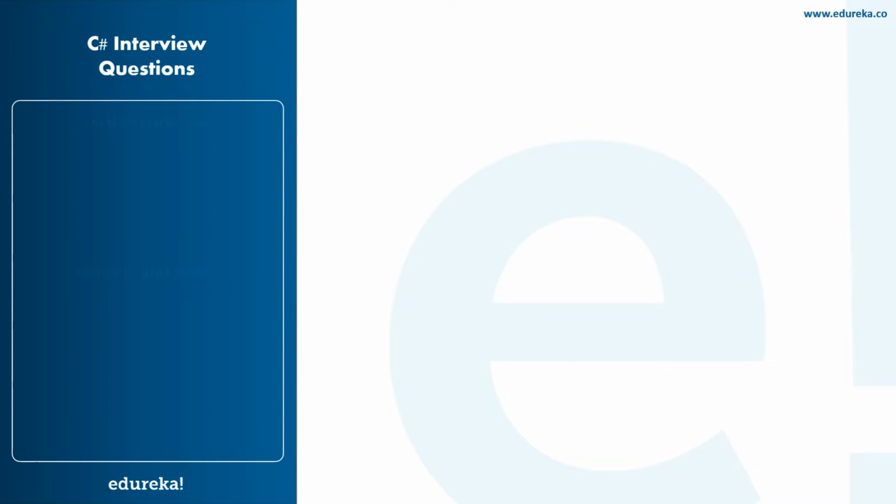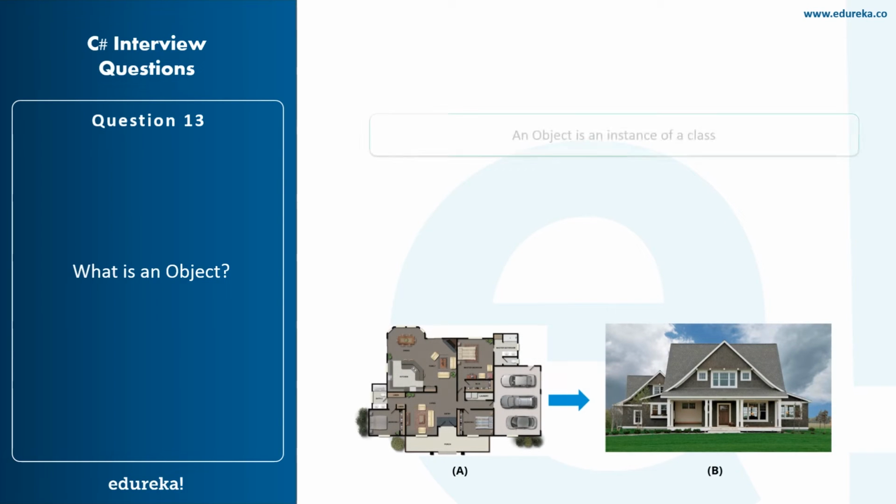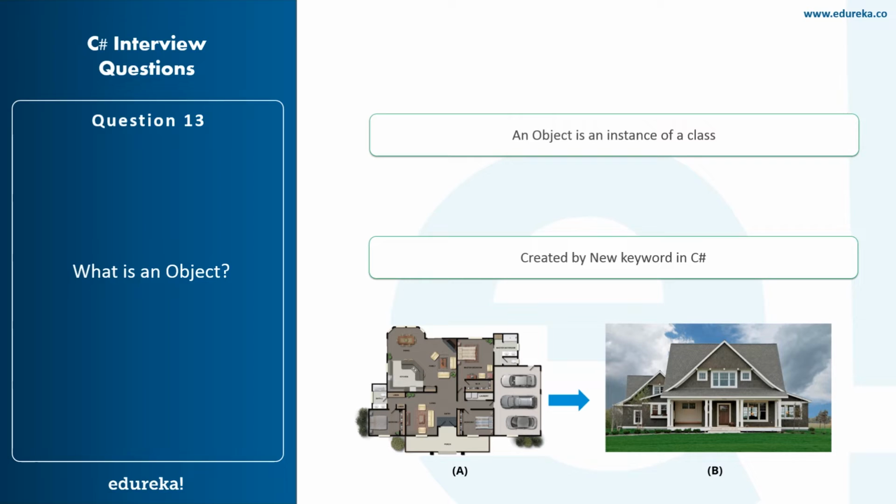Let me talk about a little bit of OOPS concepts. I'll be getting into OOPS concepts with what is an object, and then I'm going to ask what is a class, and then I'm going to explain the various OOPS concepts. When I talk about an object, an object is an instance of a class. It is used for accessing the methods of a class. Now, this is a pretty common question, guys, since C# is also an object-oriented programming language.